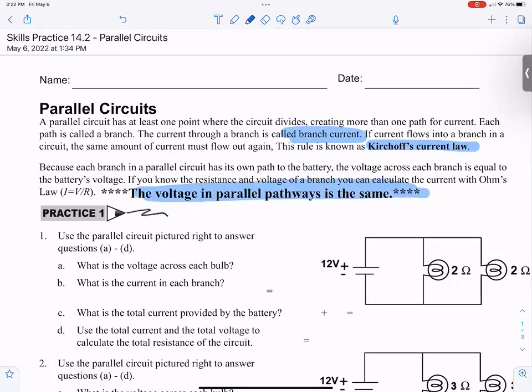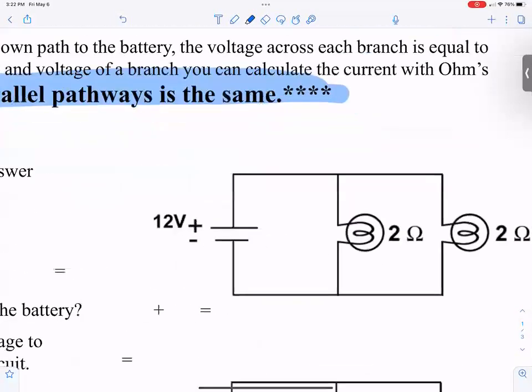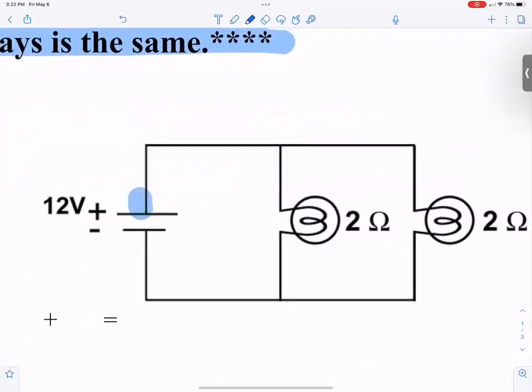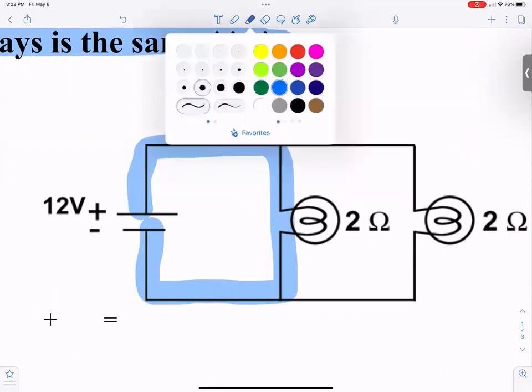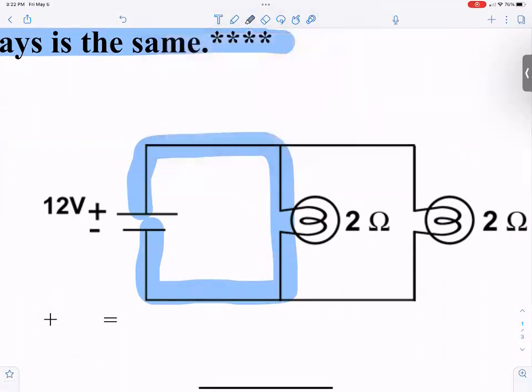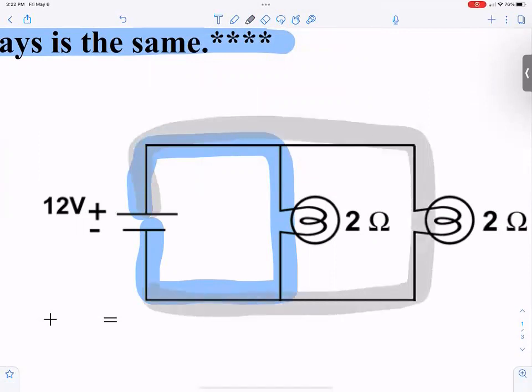So here's basically what they're trying to tell us. If we take a look at this circuit here, you can see we have one bulb that has its own loop of current with the battery. But you can see how this other bulb has its own loop with the battery. So since you have